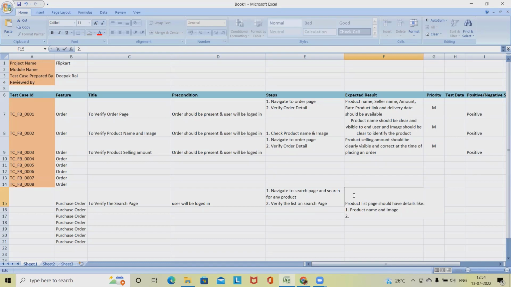Second will be checkbox to compare. Third will be product specification,